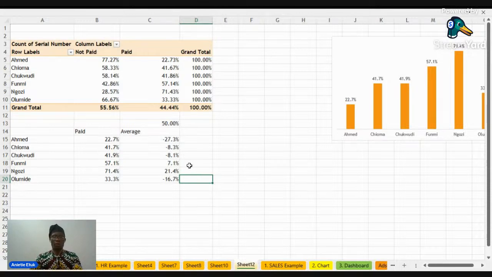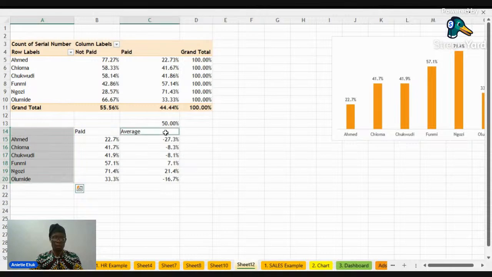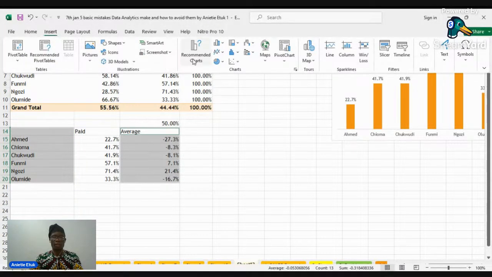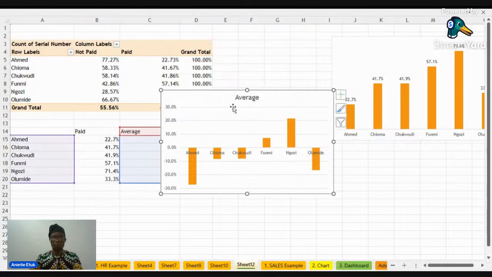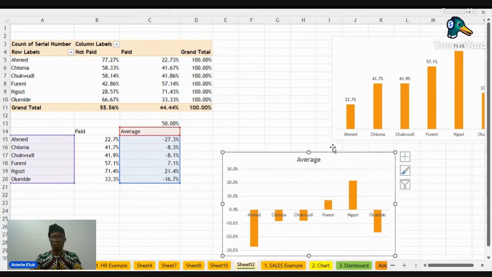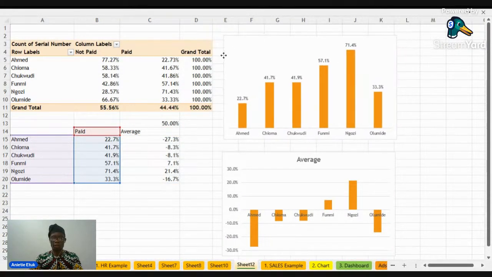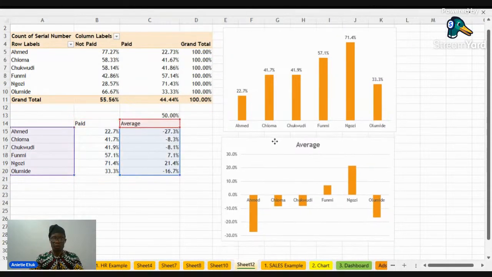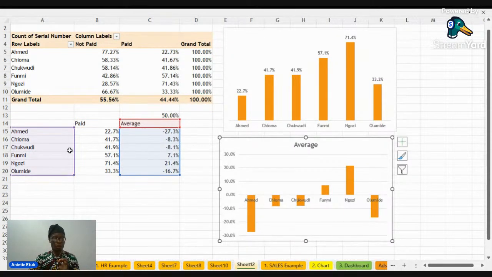So if we do a chart now using this, I copy this and this one, and I create a chart. Insert. Good. Now you see, notice the second chart. We have 2 persons above average, which is Chioma, Ngozi and Fumi, the rest below average. We're still reporting performance, but easily the business owner can know who is performing per time.